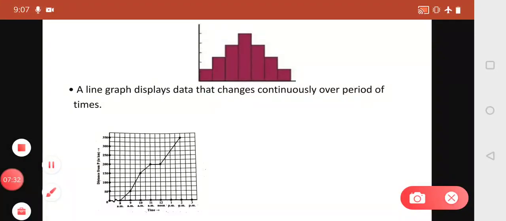Let's see one with an example. Here you can see the line graph. It is not a straight line, sometimes going here, then going here, then here, then this way. So it is not showing any specific thing. Yes, means the data changes. It is sometimes up, sometimes more, sometimes less, sometimes up, sometimes down. So this type of graph is called a line graph.